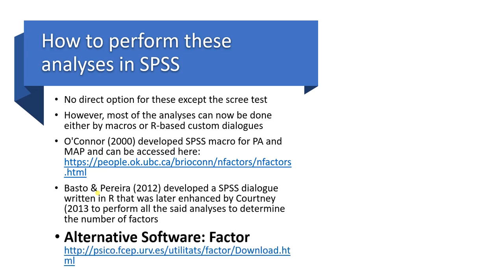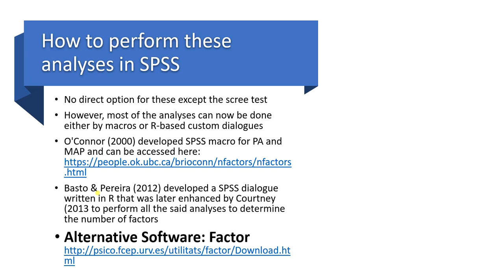So we can perform all these analyses, and today I am going to show you how to perform these with SPSS. But if you do not have licensed SPSS, and you have a trial version, you can do it for some days. Alternative software is also available which can perform all these analyses plus some additional ones. There is one software called Factor, and it can be downloaded from this link, and all the documentation and procedures are given there. In the next lecture, I would like to cover this also if time permits.